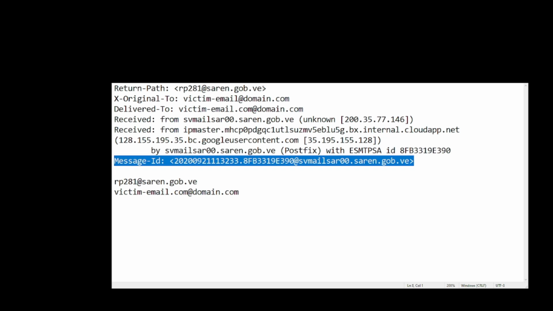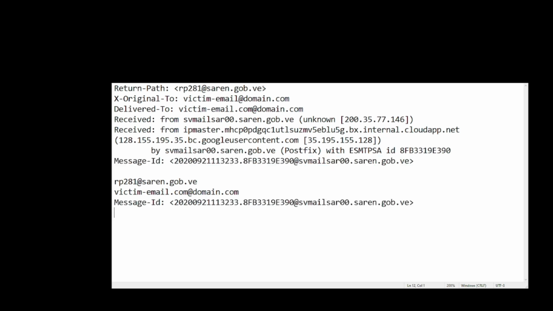Lastly, we're going to look at the message ID, because this is going to be used to find the attacker in the event we can't find them with the subject and we can't find them with the source of where the email came from. So if we pivot back to our malware lab,